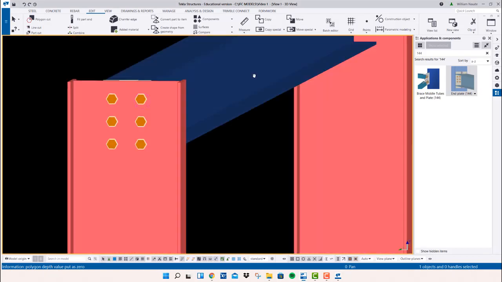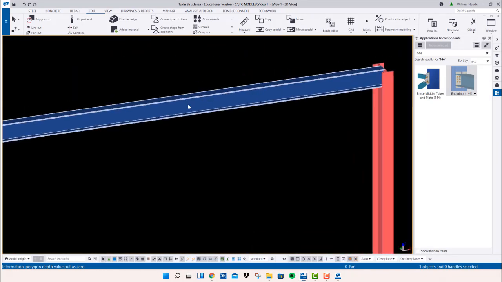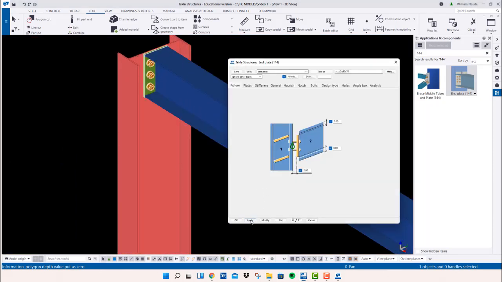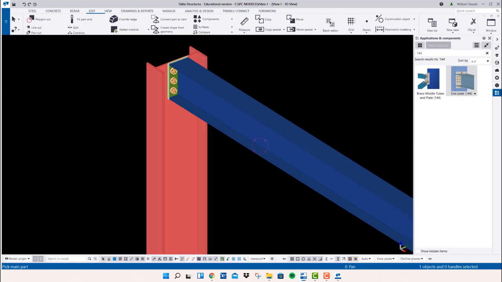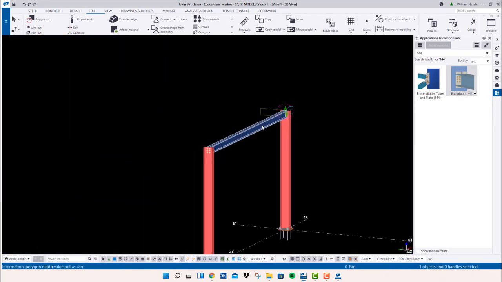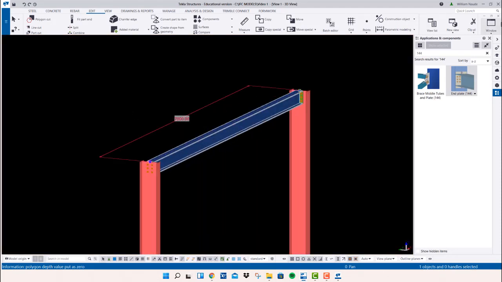So now we have our connection in. So we want to place the same connection over here. What you have to do now is just say apply. If you apply this, it means if I choose this function and place it in, it will be exactly the same. Now, the wonders of Tekla is that if you choose this part,